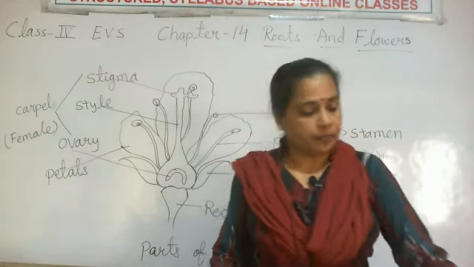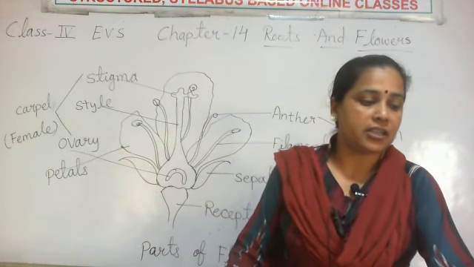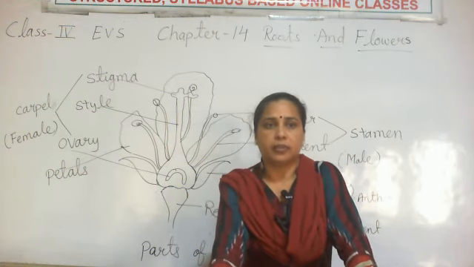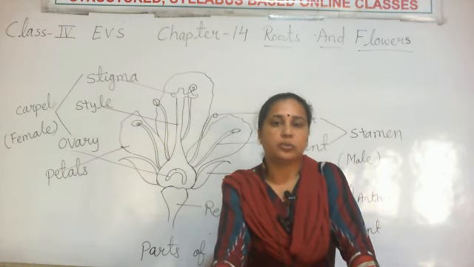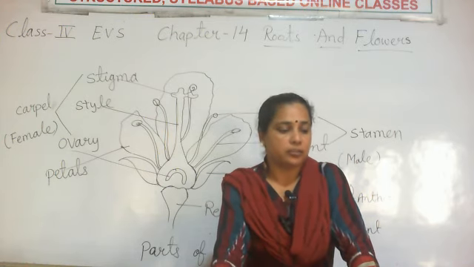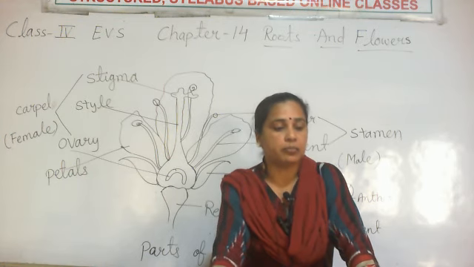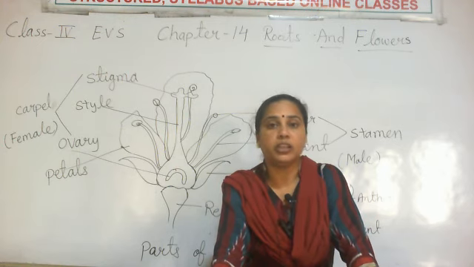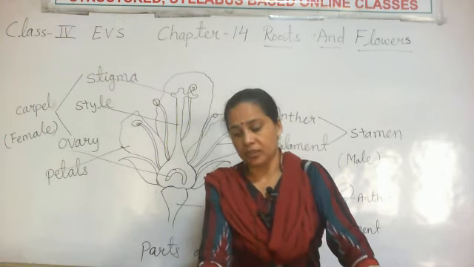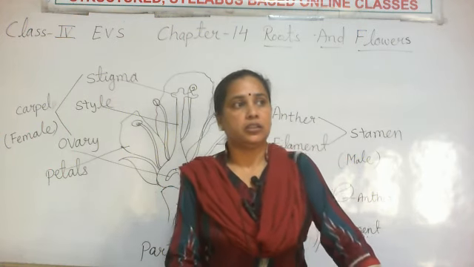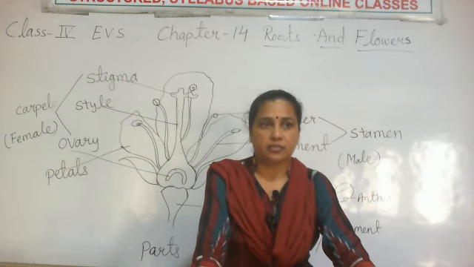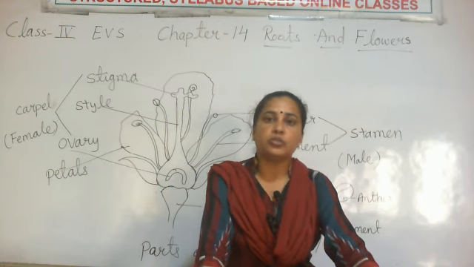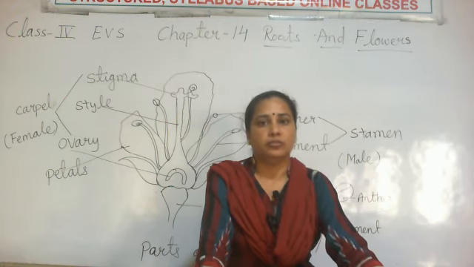The first type is the prop root. Means the roots of some plants come down from the branches and stem and give extra support to that plant. These roots are basically found in big trees, banyan, peepal, ficus. After that, the second root, the breathing root. These roots are found in plants basically in mangrove areas, which are fully covered with water and mud. For breathing, the roots of these plants come out from the ground.